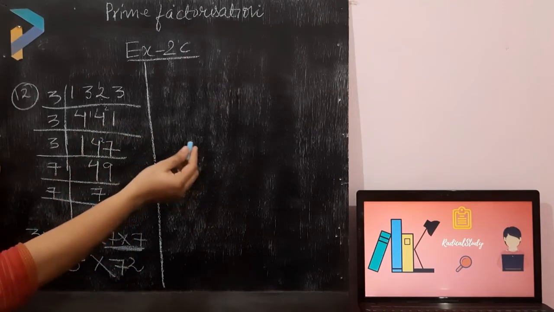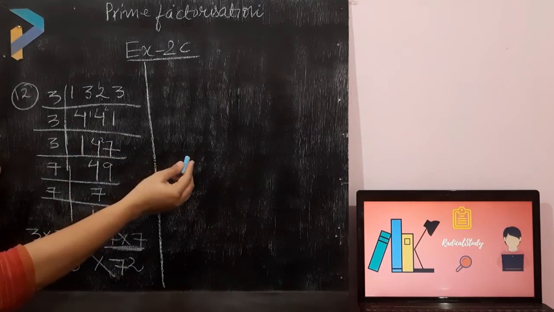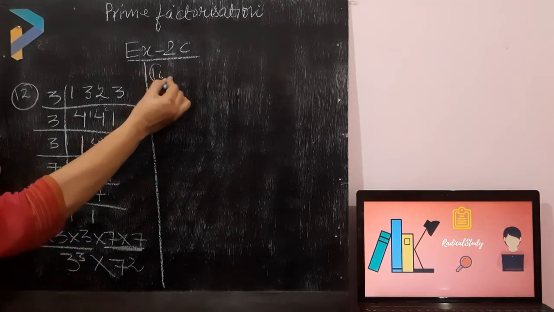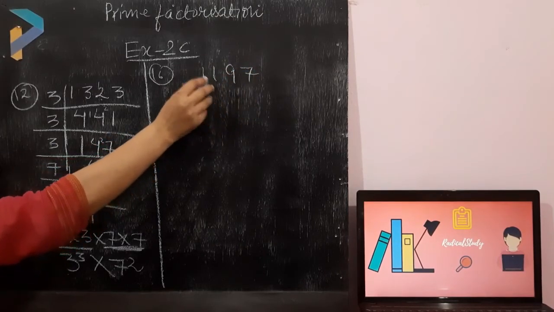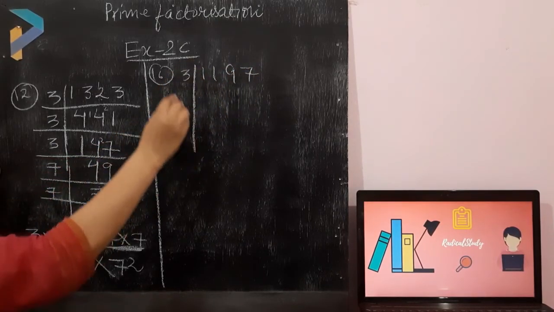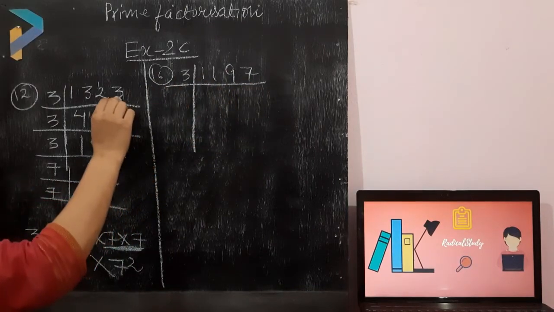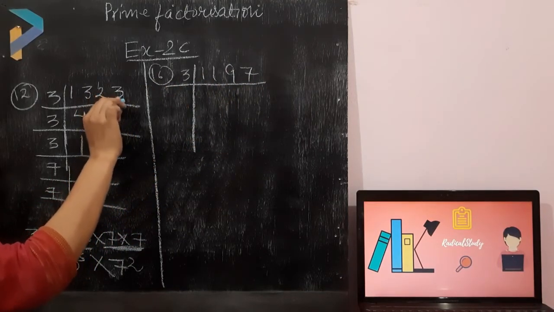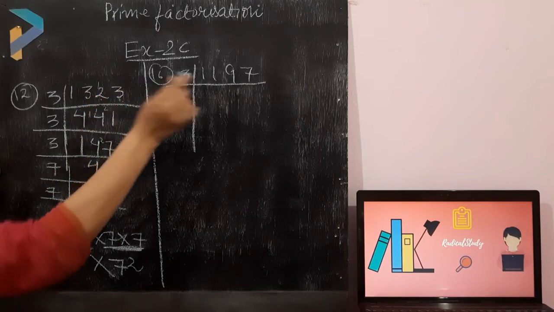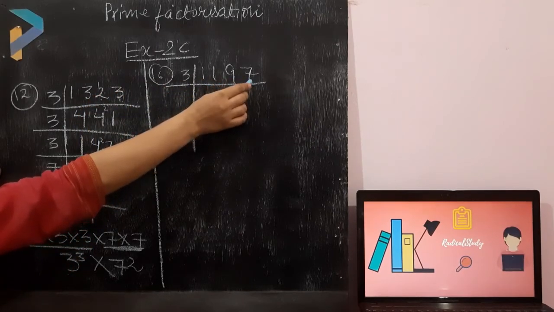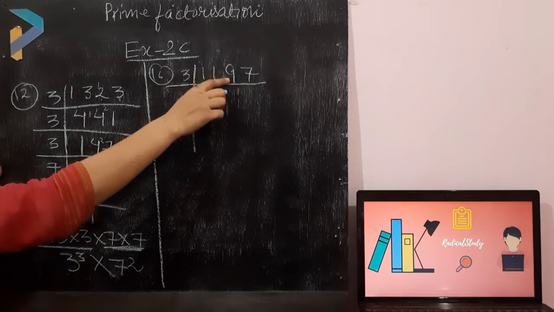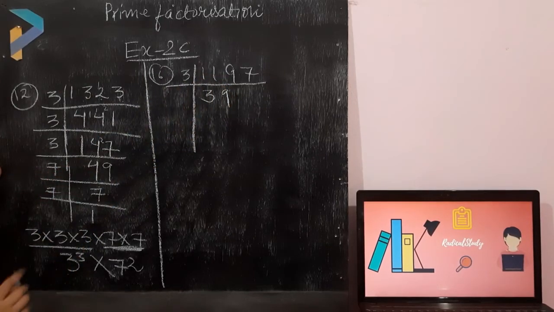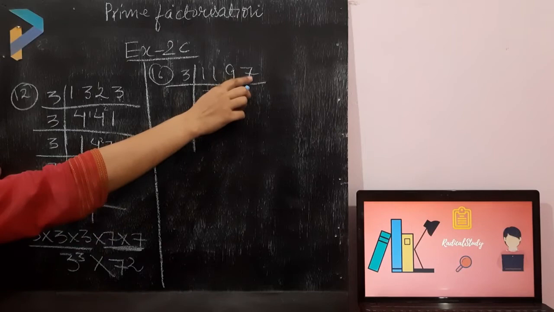Now I am going to solve the next question, which I think will be difficult, or which I want to solve for you. That is question number 16. Okay students. Question number 16 is 1197. Again I find it divisible by 3. So I will start with 3 only. As the unit digit is not 0, 2, 4, 6 or 8, it cannot be divisible by 2. Now I am going to divide it. 3 3s are 9, 2 remainder is left, so it will become 29. 3 9s are 27. Again 2 remainder is left, so it will become 27.